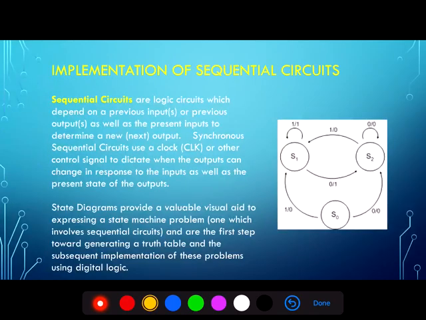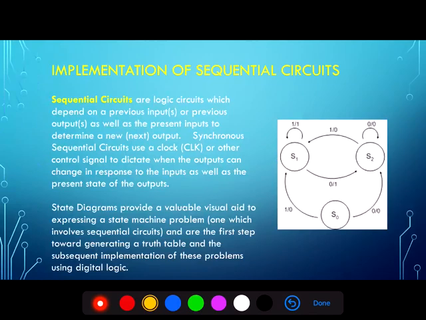Remember that sequential circuits are logic circuits which depend on a previous input or previous output, as well as the present input to determine the new or next output. The synchronous sequential circuit uses a clock to make changes in the outputs and to proceed from one state to